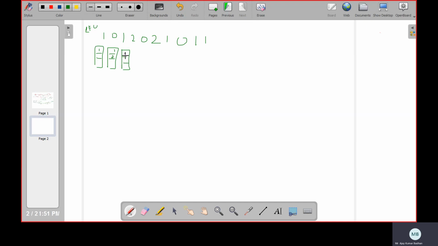So 1, 0, 1. It is already present here, so we are not going to use it. Now, what is the counter value of 1 here? Let me write it here. For 1, the counter value till this location is 2. For 0, the counter value is 1. Now I want to add 2. Can I add 2 here? Yes, it's possible because we do have empty slots. So 1 0 and then I'm writing 1 0 2.